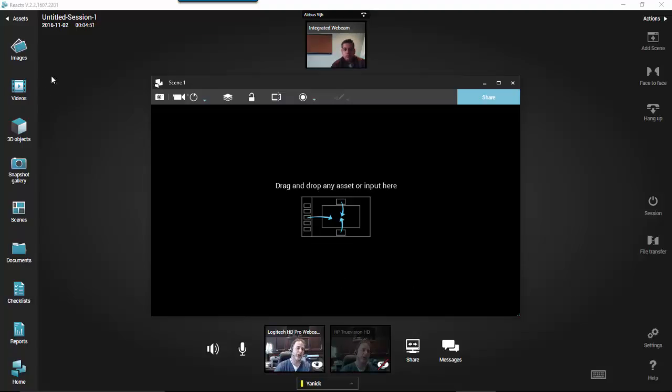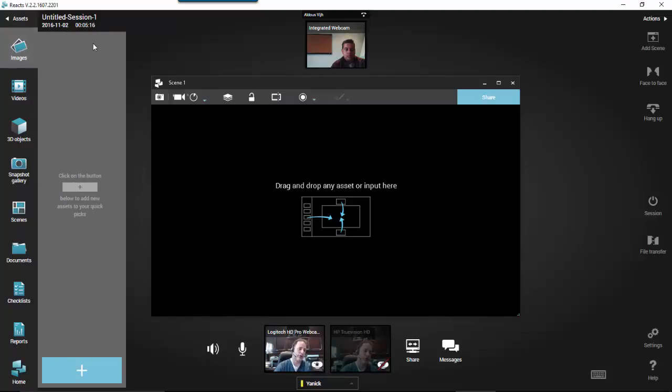On the left side, you will find the same icons that you have in your library. So these, in fact, they're called assets, and we've gone through them before: images, video, 3D objects, snapshot gallery, scenes, documents, checklists, and reports. And if you hit Home, you're gonna close the session and go back to the home page. So this, on the left, you have the assets, and when you click on one of the categories, you have a quick pick